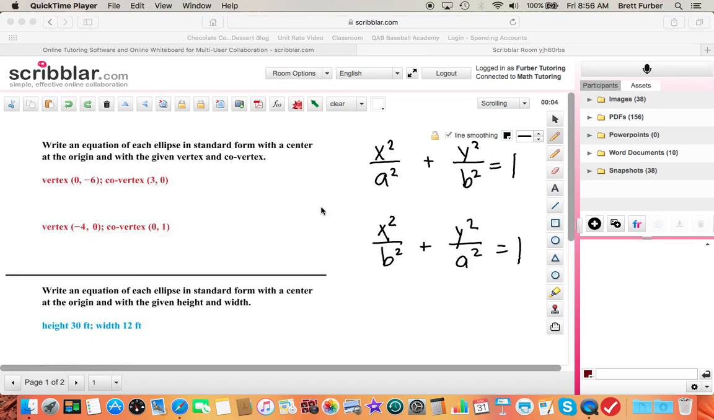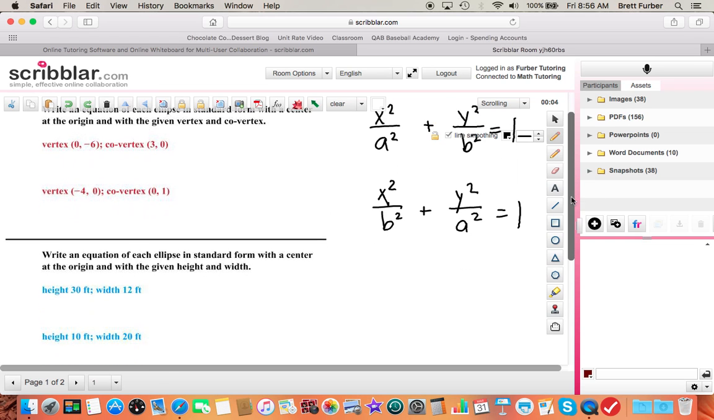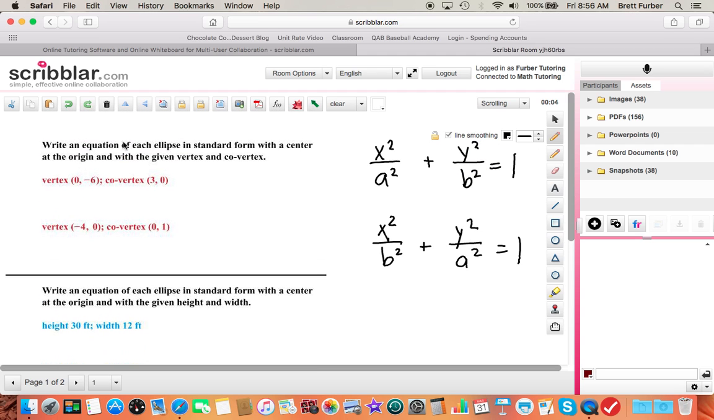Okay, so we're going to go over the remaining examples from how to write equations with ellipses. So the first examples, remember, are the ones where they're going to give us a vertex and a co-vertex, and we have to use those values to fill in one of the equations. So remember that wherever the values are for the vertex, that's the major axis. So since there's an x value here, this is the a value and this is the b value, but that means that this is going to be a horizontal